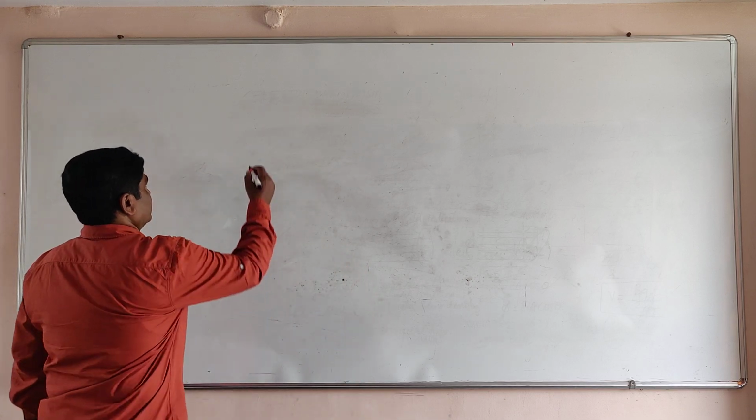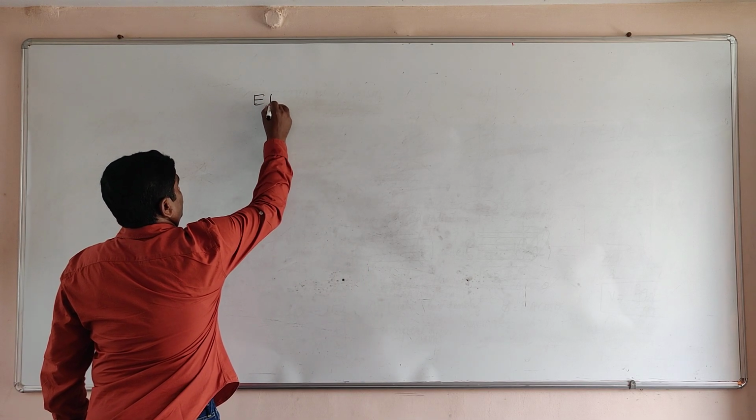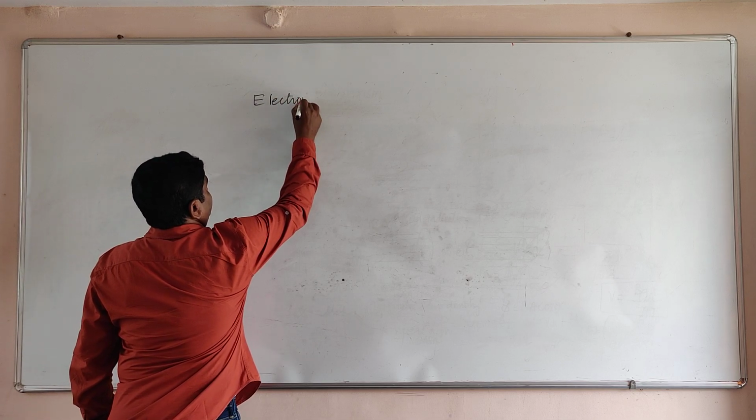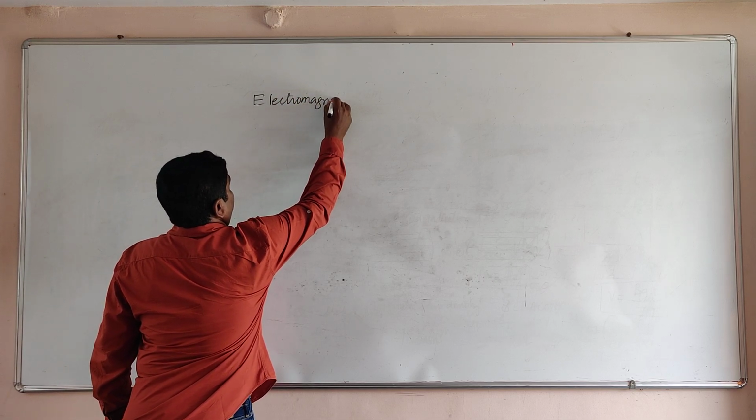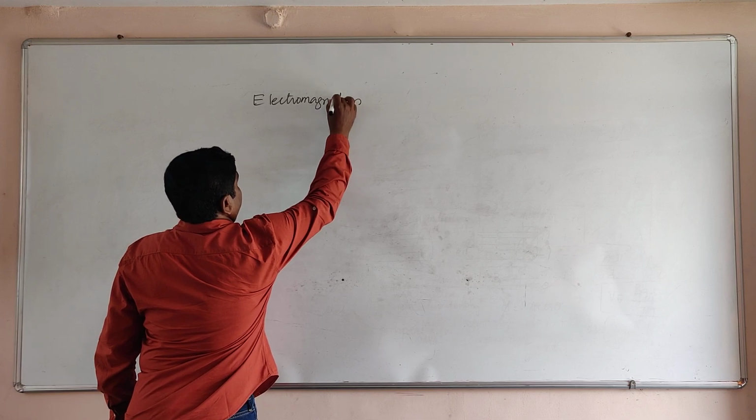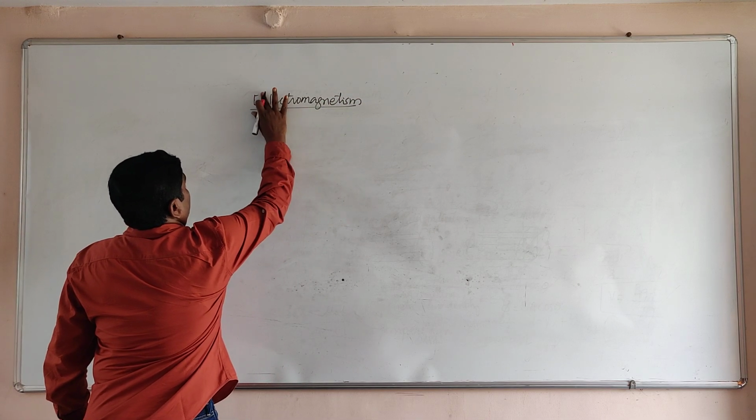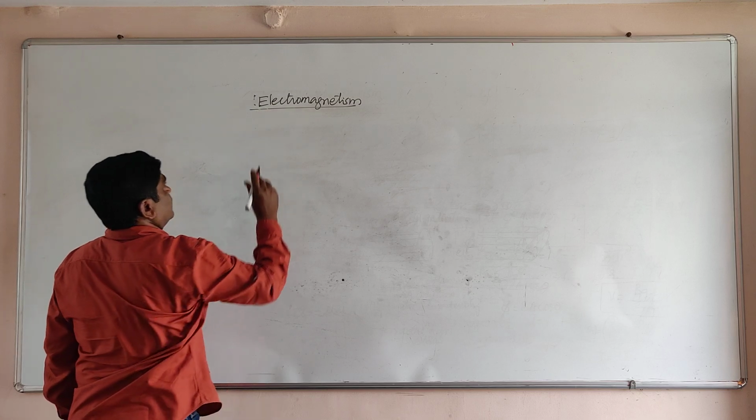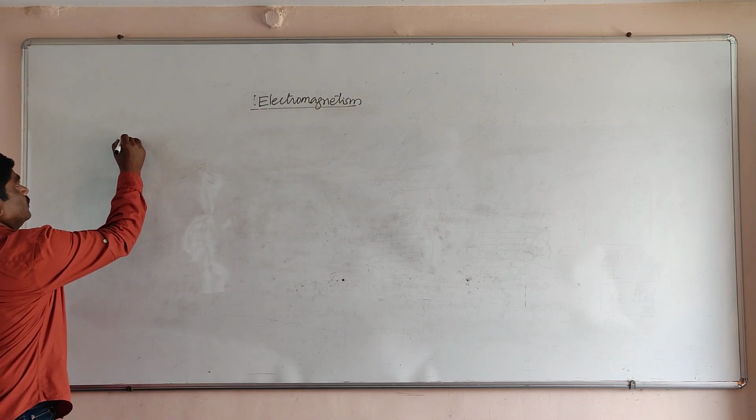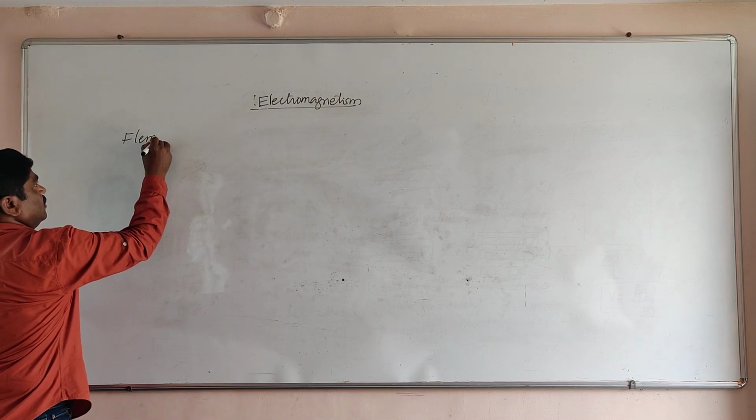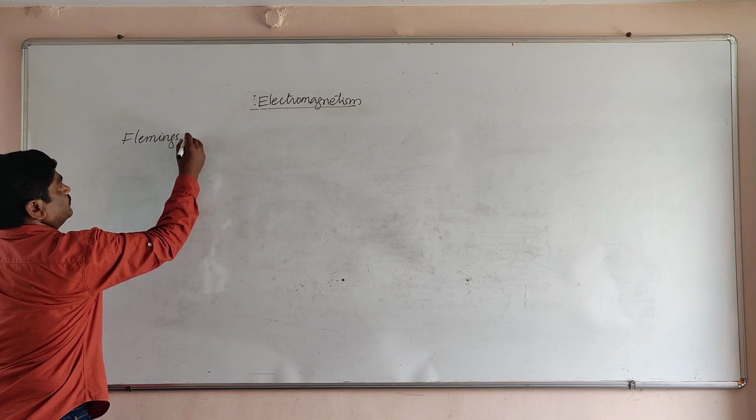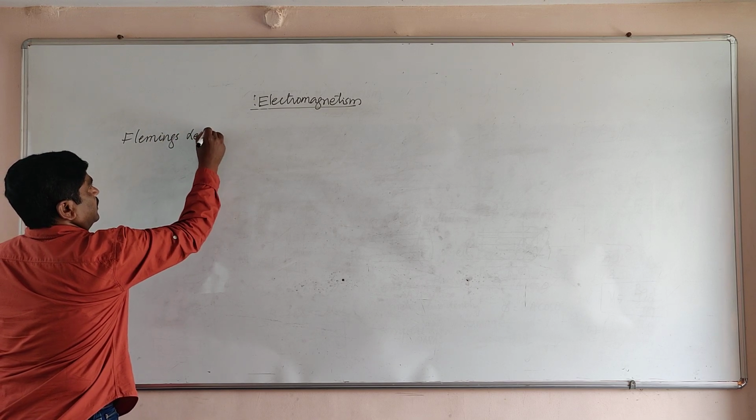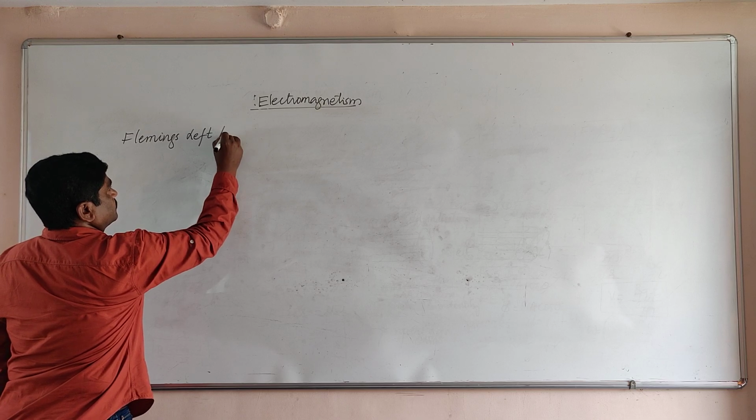In electromagnetism, the second part we can discuss is Fleming's left hand rule. So what is Fleming's left hand rule? In Fleming's left hand rule, it explains that